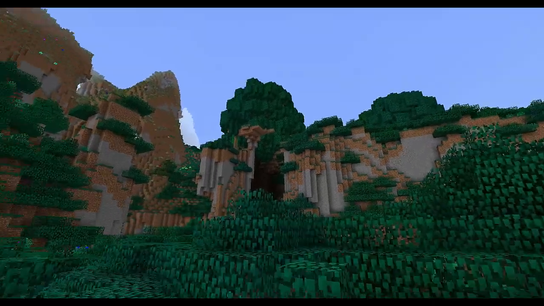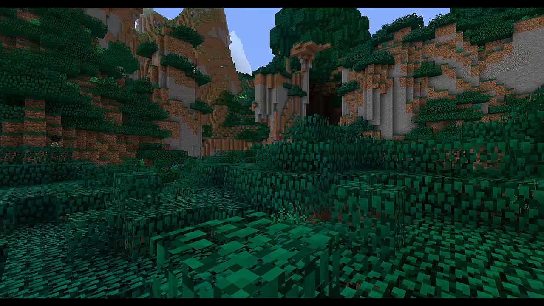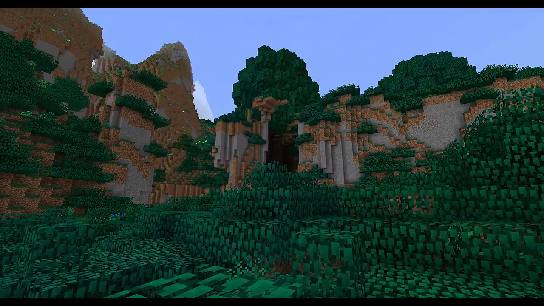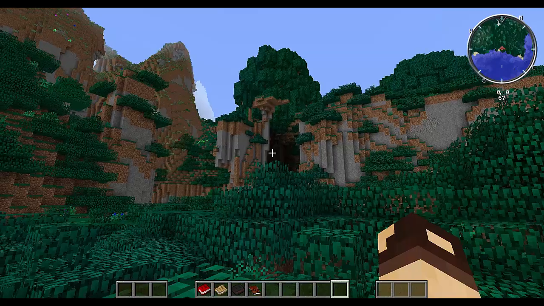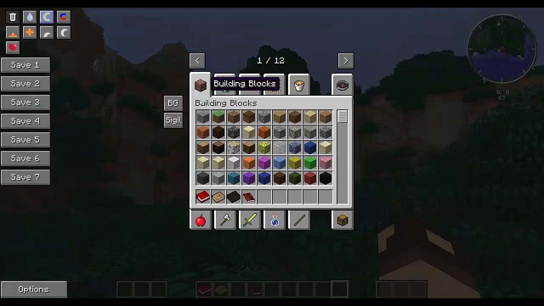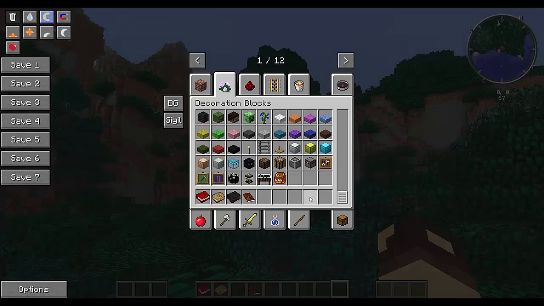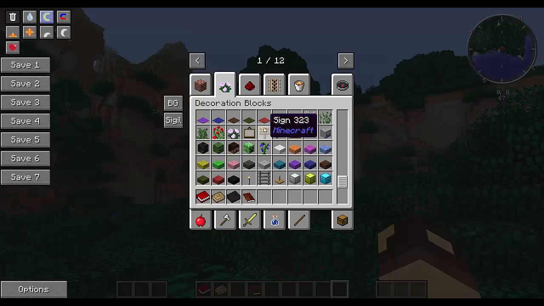Let me go ahead. We'll go to this, and this is where we're going to be building it in. We're going to have a nice big building here. What the design's going to be, I don't know. So let's go into inventory and grab some signs. Gotta go all the way down to the bottom, I think. Here we go. We're going to grab a couple stacks just to make sure. Alright.